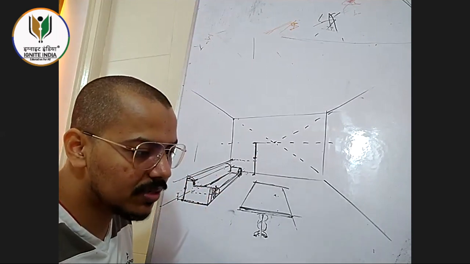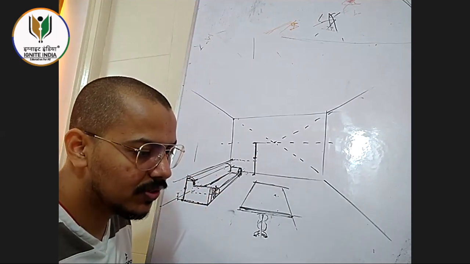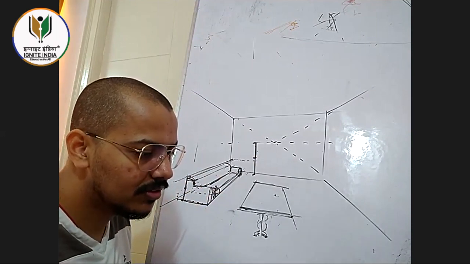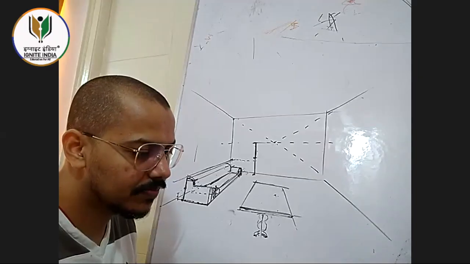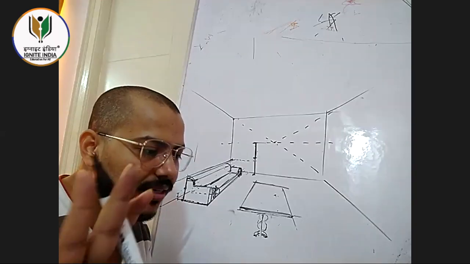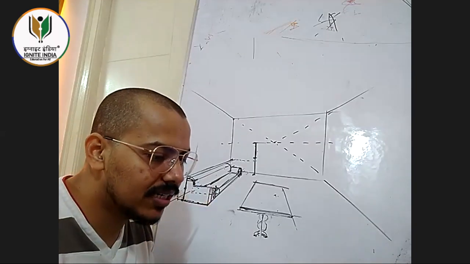What is the height of the table? If it's a center table, then it's less than the height of the sofa, almost around the knee. It's 1/4 of a human being, till the knee. Maybe a little bit below the knee, right? But around the knee it comes.